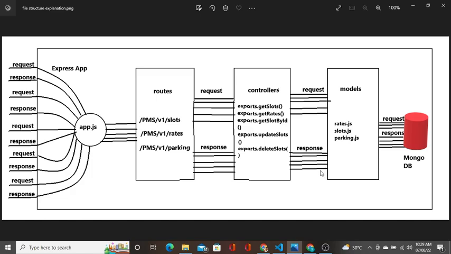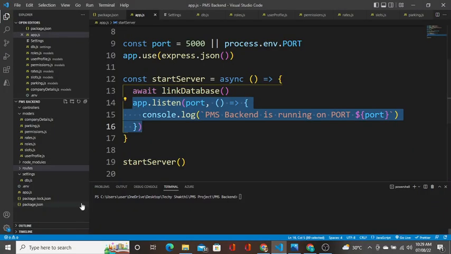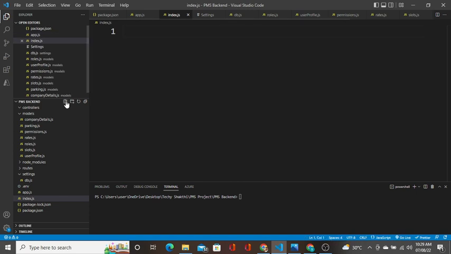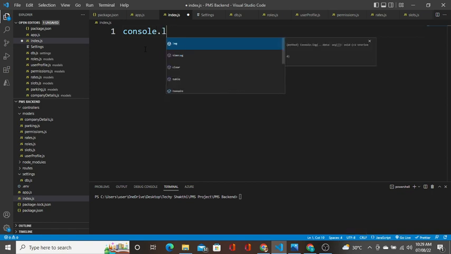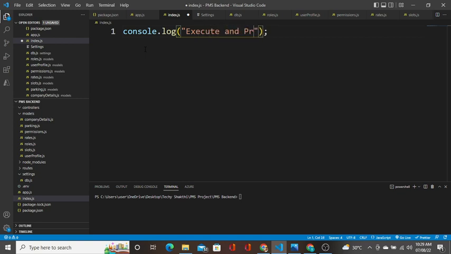Okay, so இது எப்படி நான் explain பண்ணலாம் அப்படின்னா I'll create a file called index.js. Okay, so இப்போ இந்த index.jsல I will write a console, right? So whenever this file is executed this console is going to be created. I'll say execute and print. Okay, I'll save it. பாருங்க when I run this file, node